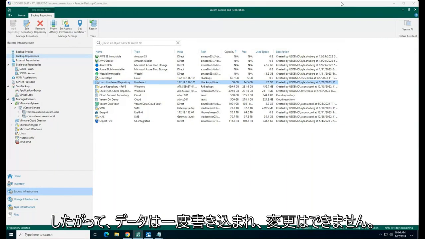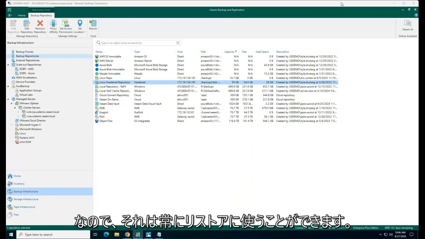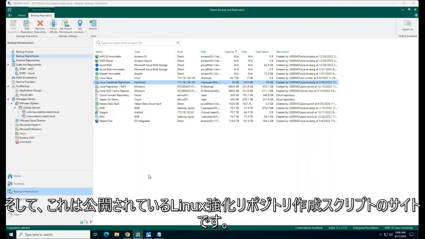So the data can be written once, and then there's your data. And then you can read it as many times as you like. So it's always there, available to be restored from. And with this Linux hardened repository,